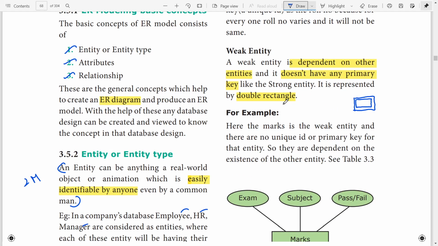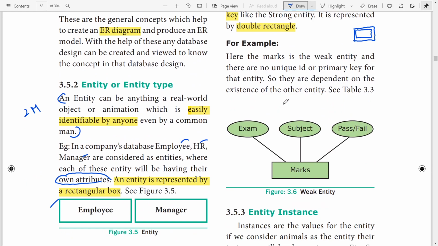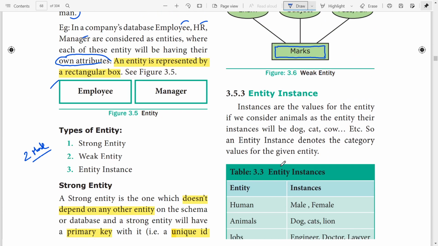For example, here the marks is the weak entity, and there is no unique ID or primary key for that entity, so it is dependent on the existence of another entity. Marks is dependent on the examination, which subject, and pass or fail. Double rectangle. Okay, weak entity.